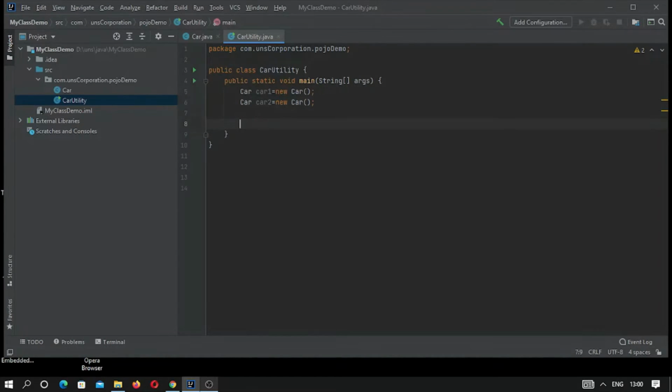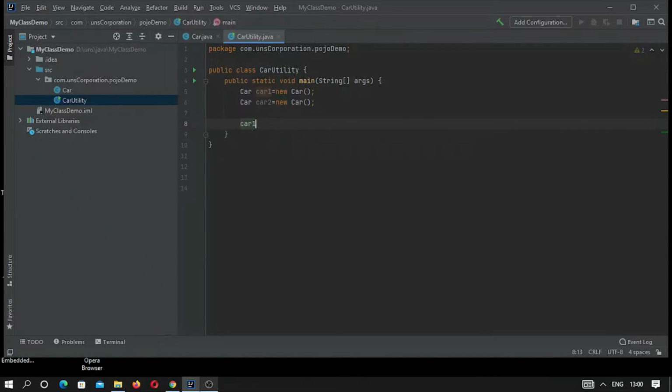Now by using getters and setters we are setting the values of its fields. These are the instance objects of the Car class. Car1 is an object of the Car class, another one, car2, is also an instance of the Car class, and these two will be identified by their objects.